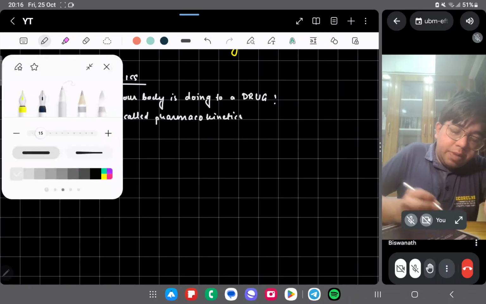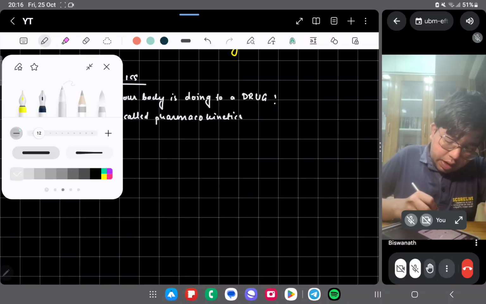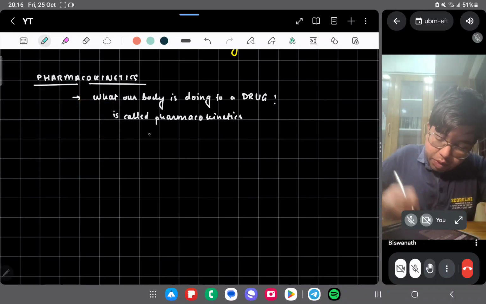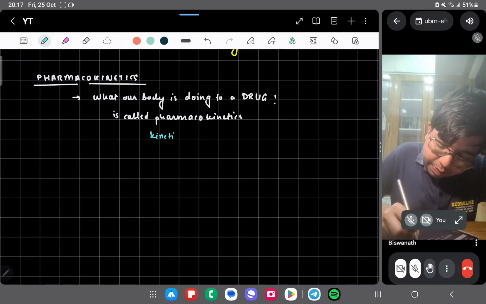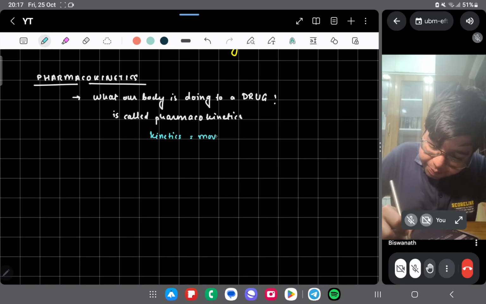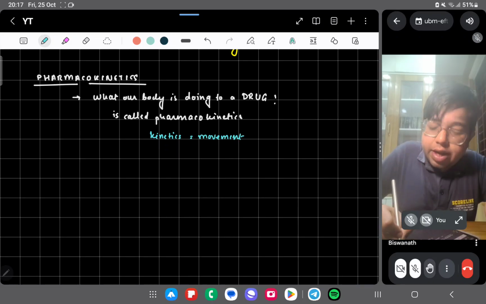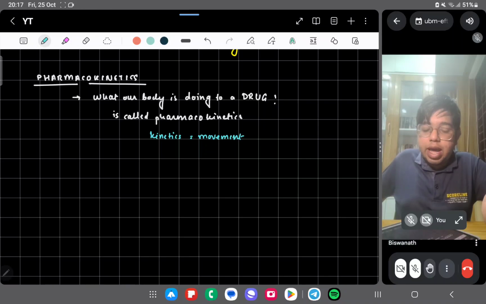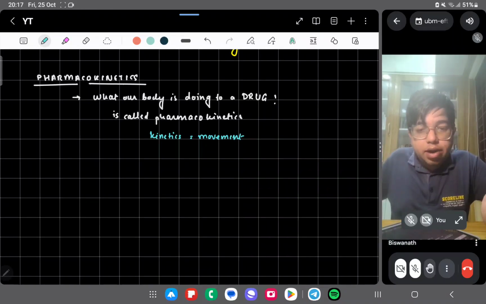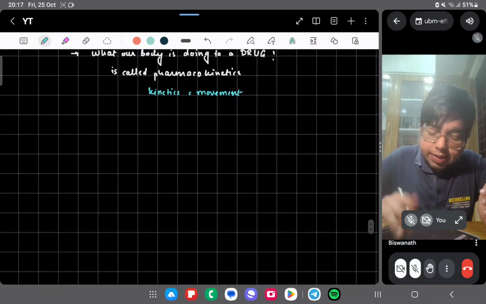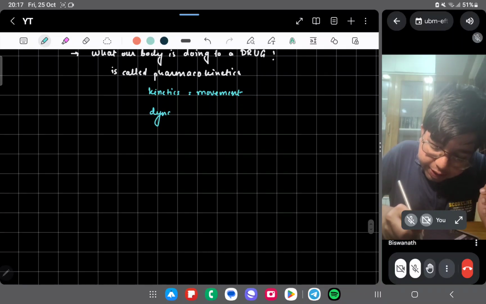You know the meaning of the term kinetics. In lower classes, you must have read that kinetics basically means movement. So how a drug is moving inside the body and what our body is doing to that drug is called pharmacokinetics. And dynamics means